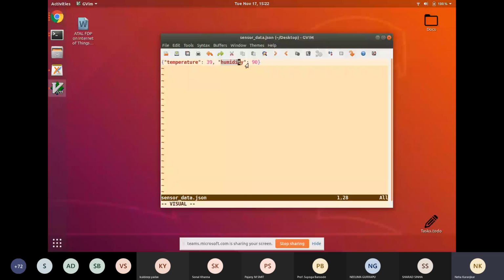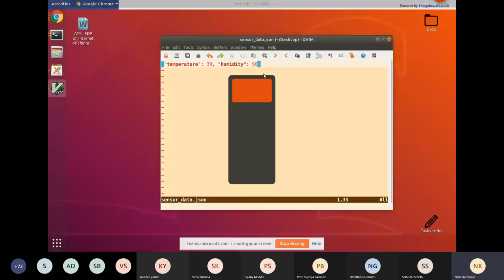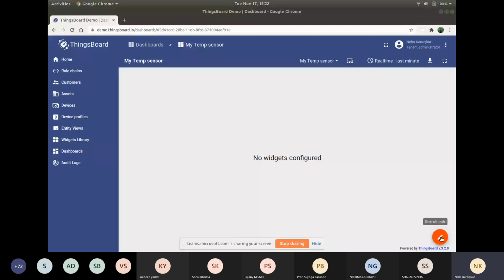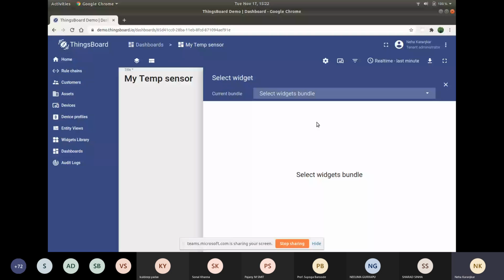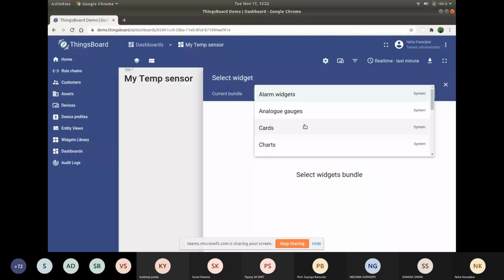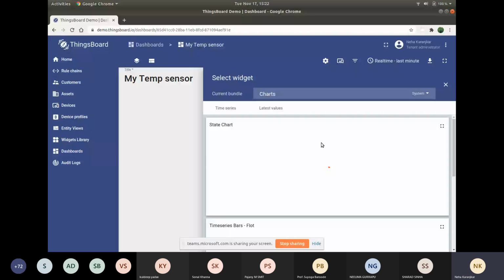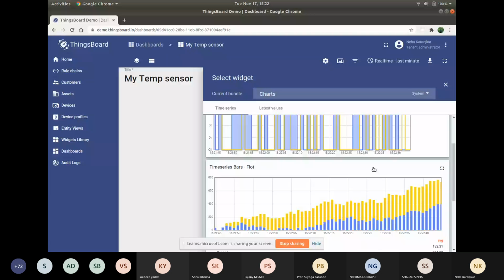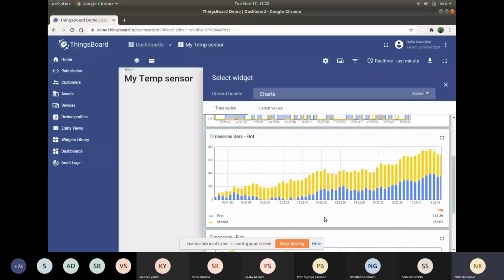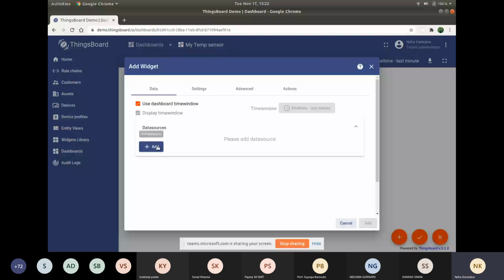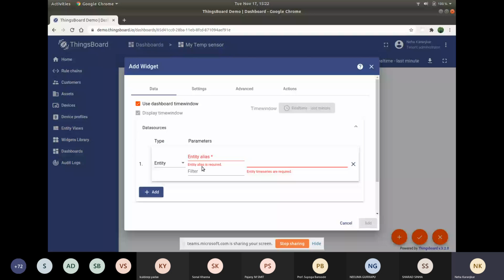So now I want to display this. So let me create a new widget, and I can select any of this type. Do I want a chart? Do I want a sort of a gauge? I just want a chart. Let's say a time series chart, and it will just show this. Let's say a bar chart. This makes sense. And what is the data source? So data source I will add. Entities. Let me call it sensor one. And the keys will be